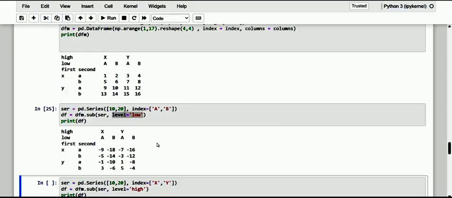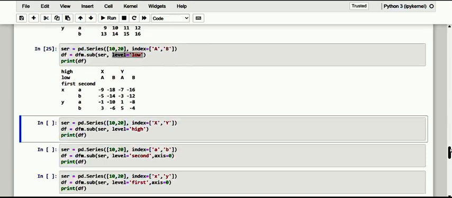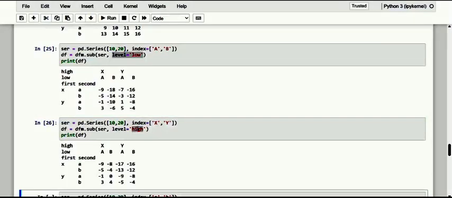If instead we want to apply the operations onto the first level, let me make it level high. Let's see how it happens. See here, dear friends, in this case the subtraction behavior is quite different from the above.